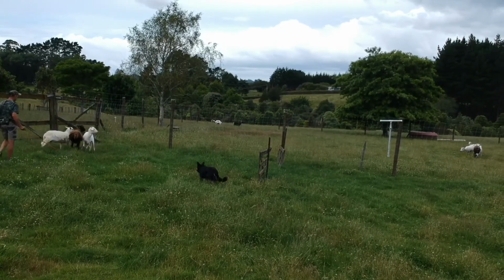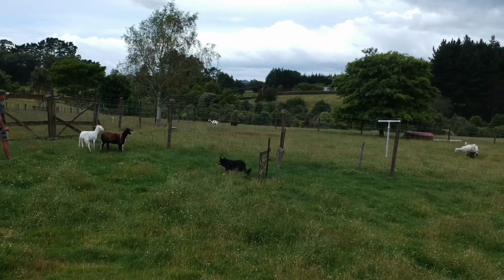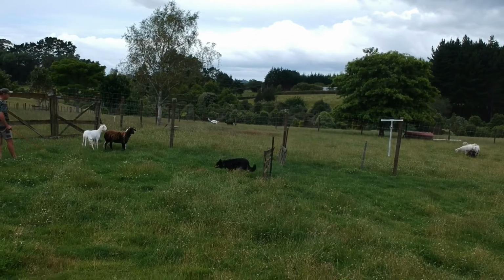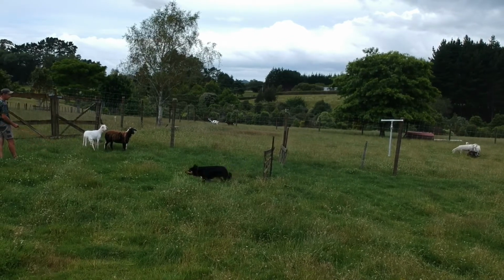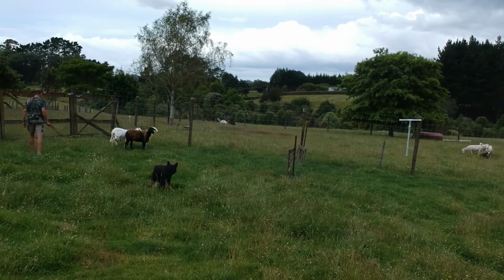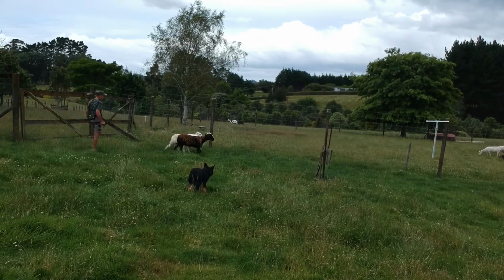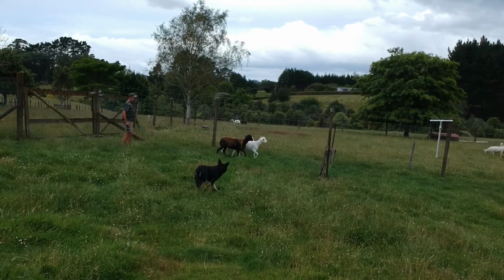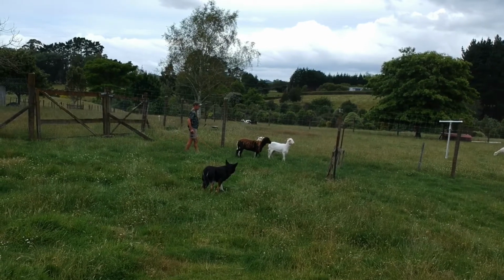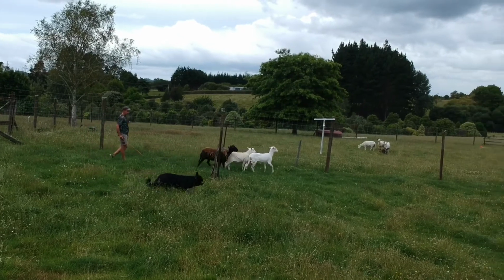The idea is I like to turn the sheep around a couple of times just to make sure that they're responding to the dog. This time Johnny's come a bit close, become a little bit pushy, and he's stirring the sheep up, which is not quite what I'm looking for. The idea is just to get a hold of the sheep, get the sheep responding to the dog, get them nice and calm, responsive, and then hopefully walk quietly through the start gate, and then we have a nice steady